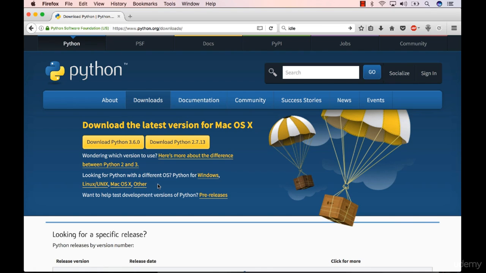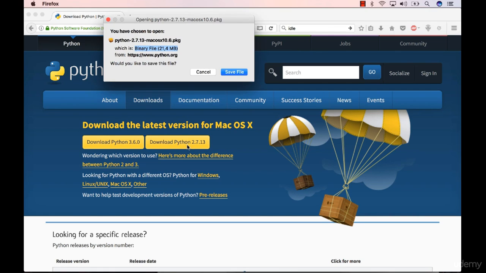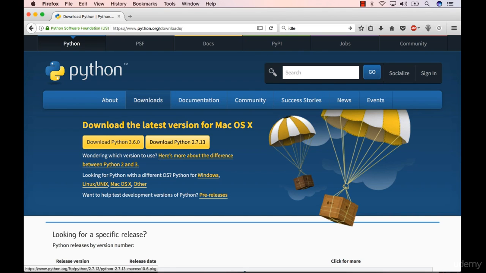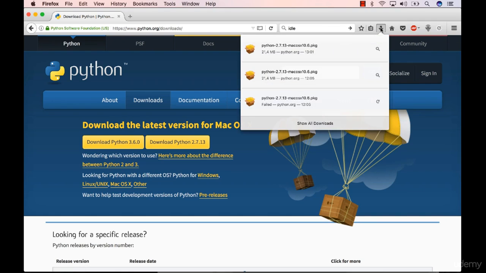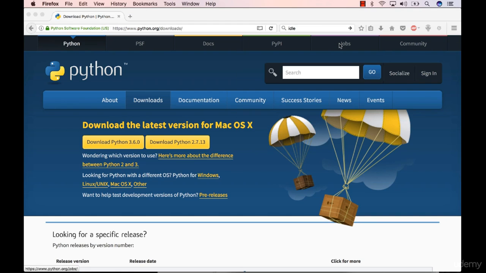Now, we're going to be doing all of our coding in Python 2.7. So to get that, we're going to click on this link here. That's going to download Python 2.7 for us, and then we're just going to save that file and let it download in the background. Alright, so once our download is completed, we can head into the downloads section